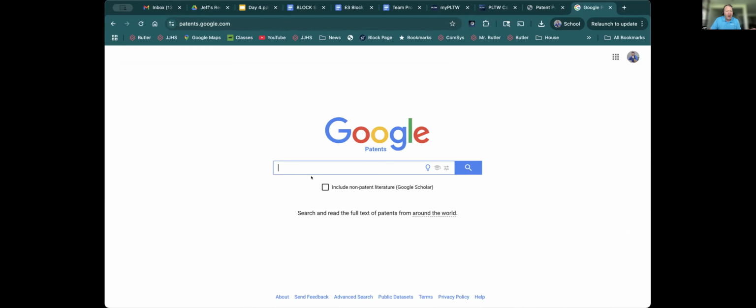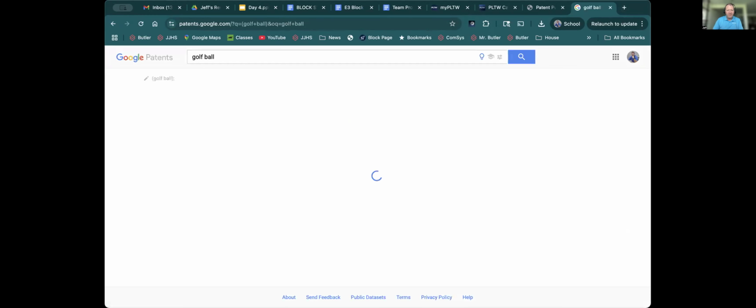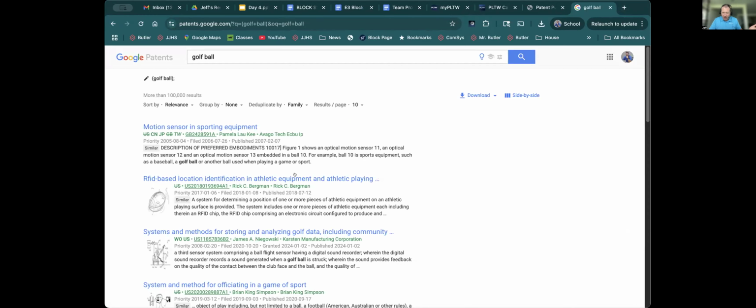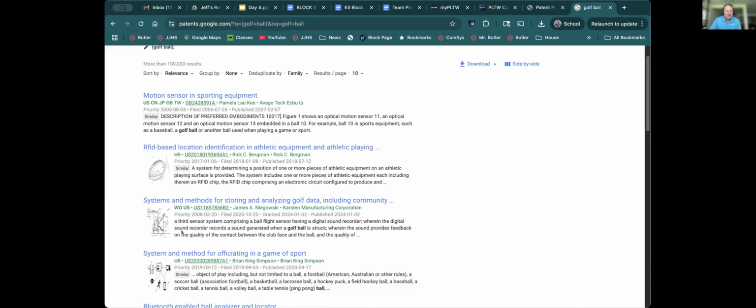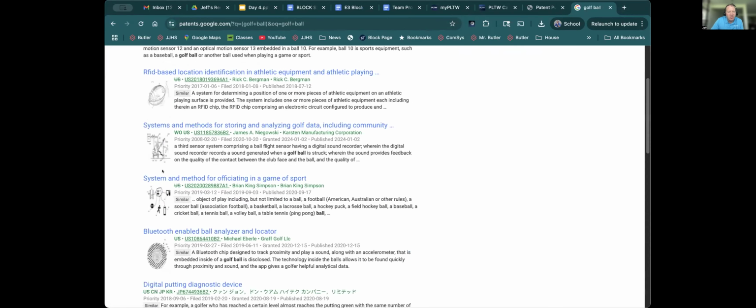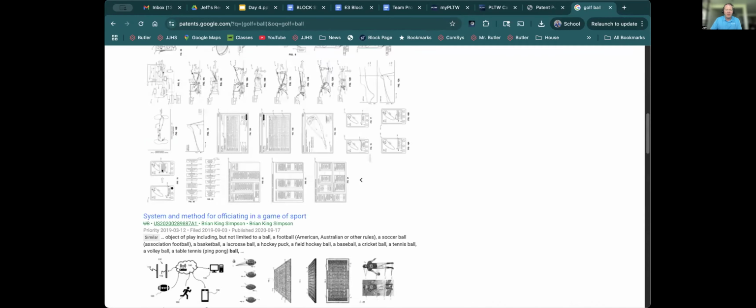It looks like a regular Google search. It has the Google icon there, but underneath it says patents. Now we'll talk about some pros and cons here, but if I search golf ball, what's great, because we all love Google, most of us, is that right within the search, I can see a little bit about the abstract, a little bit about the summary. So if I click on one of these,